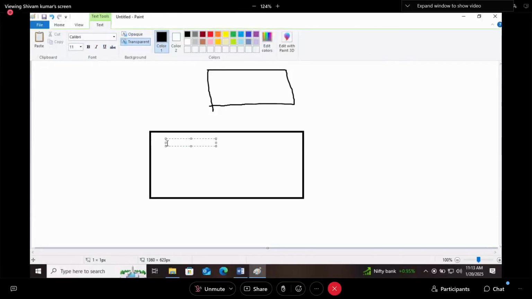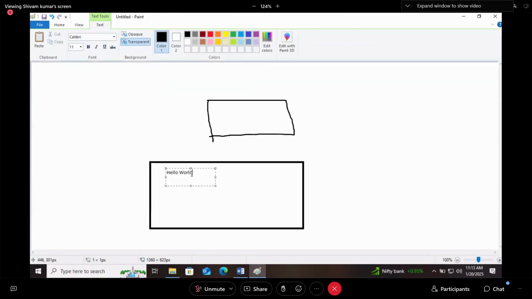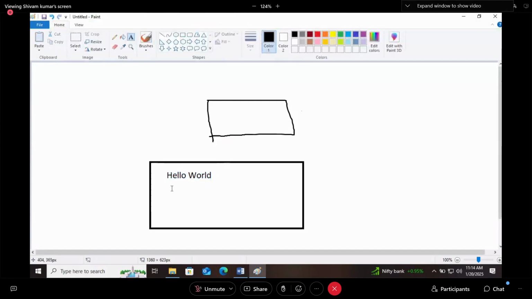Let's say I'm displaying hello world. Now this is a DOM, right? If you are talking about this particular part, I will say that this is the DOM.